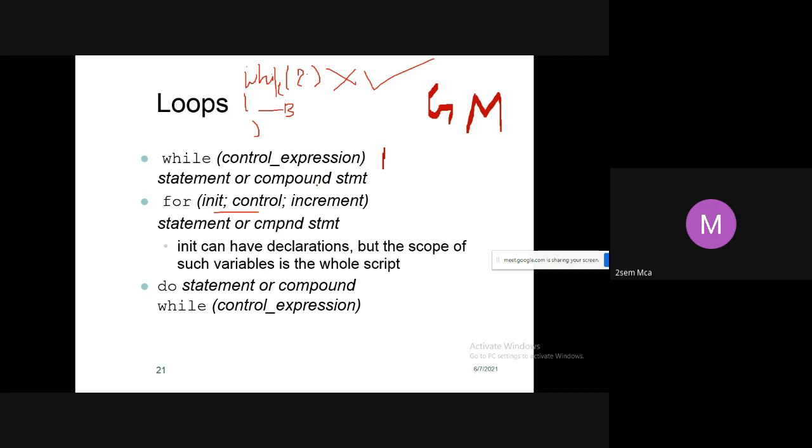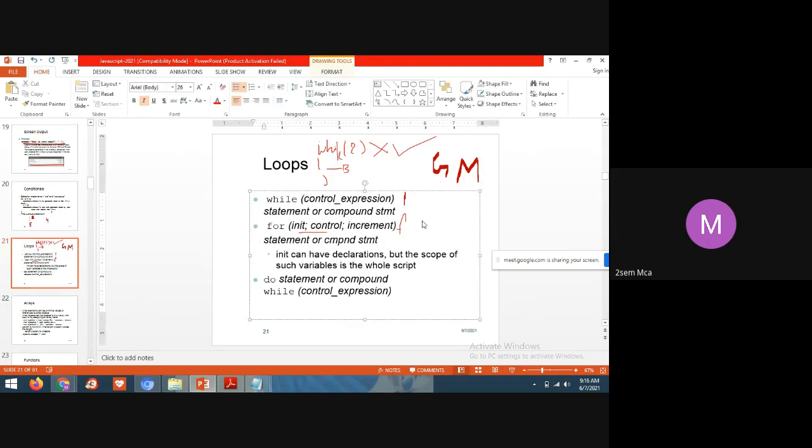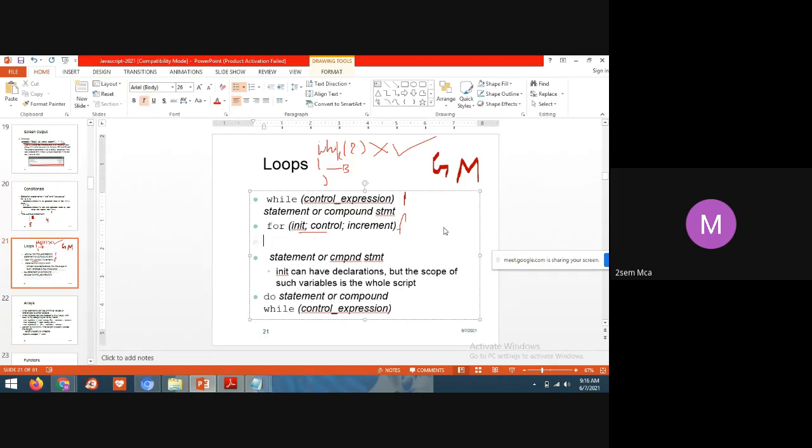Students, are you able to see what I am writing?